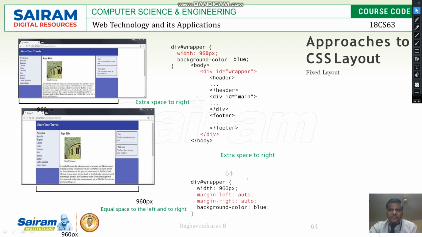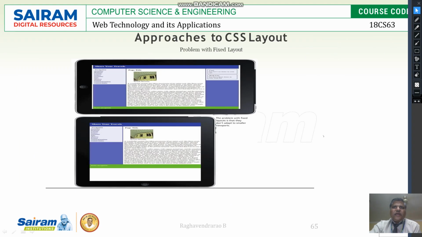You can create the spaces. So it is in left alignment, right alignment you can make it, center alignment you can make it. Okay. So extra space to the right you can specify by using margin-left, margin-right. You can specify these things. Okay. Equal space also you can specify. Okay. And this is